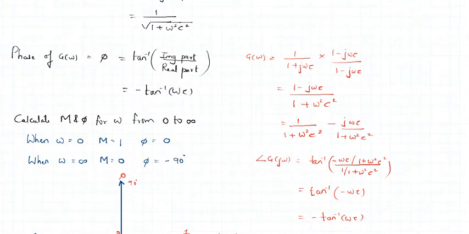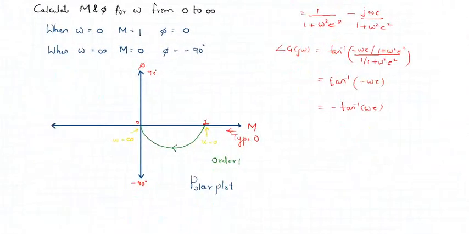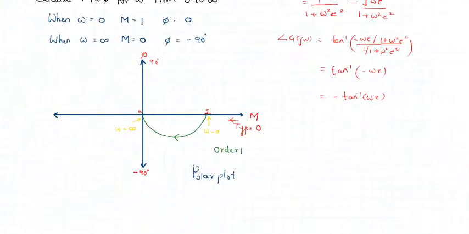So we now have the magnitude, we now have the phase. Using this magnitude and phase, we will now draw the polar plot. So again, let us quickly recall that the given system was a type 0 system and the order was 1. So the plot is going to start from this particular axis and it's going to end in this quadrant, right? So when frequency is 0, what is the magnitude? Magnitude is 1. So let me say this is the point where magnitude is 1. So when omega is 0, the magnitude is 1 and phase is 0. You could see here phi on this particular axis is 0.